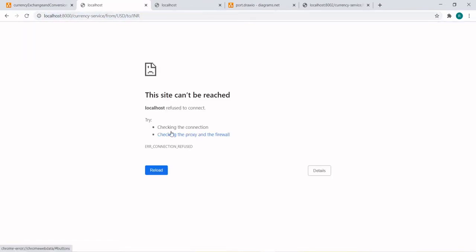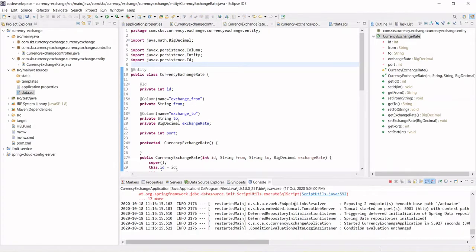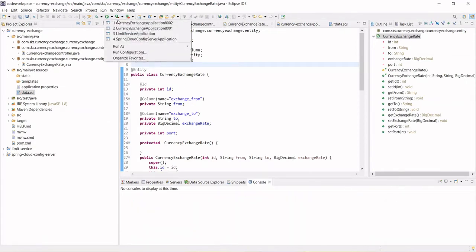I'm just running it. Currently I think the application is not running. Let's run this. I think this is running on the 8002 port. Let's close it all. Let's run the currency exchange service on this port only, 8001 port, right?